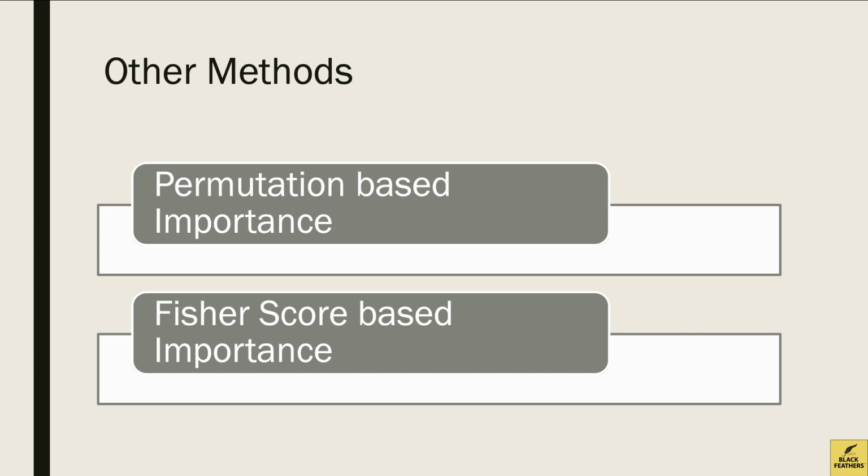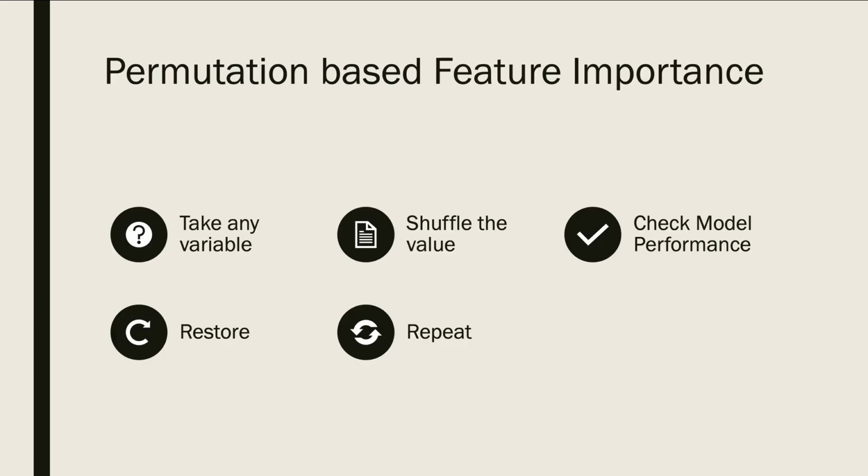So these were the methods that we discussed as score based methods. But we have two more methods that we use to find out whether our features are important or not and what the subsets are. These are the permutation based method and the Fisher score based method. So if we talk about the permutation based method,